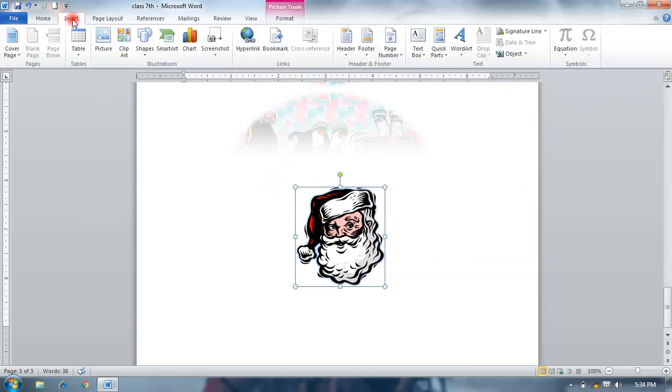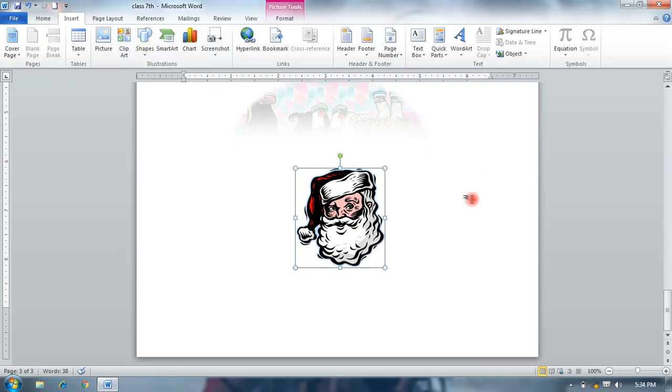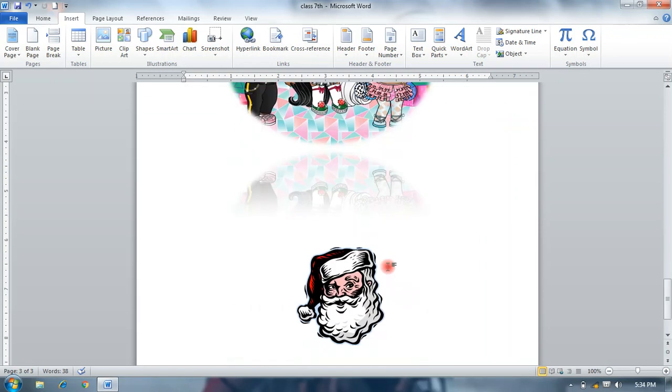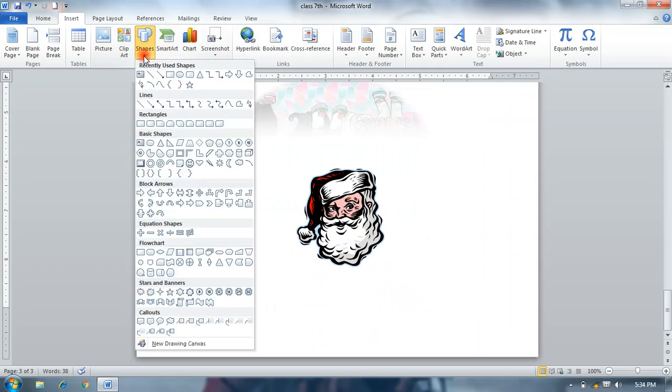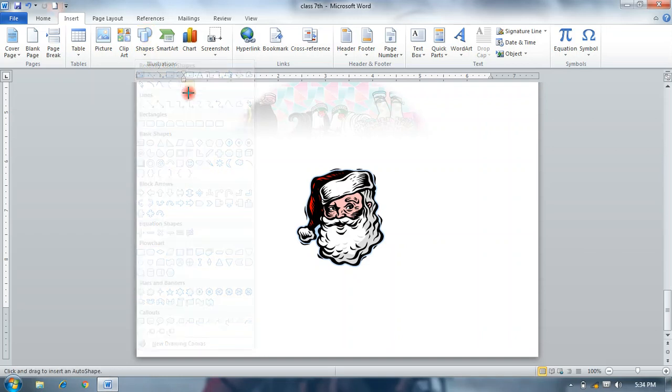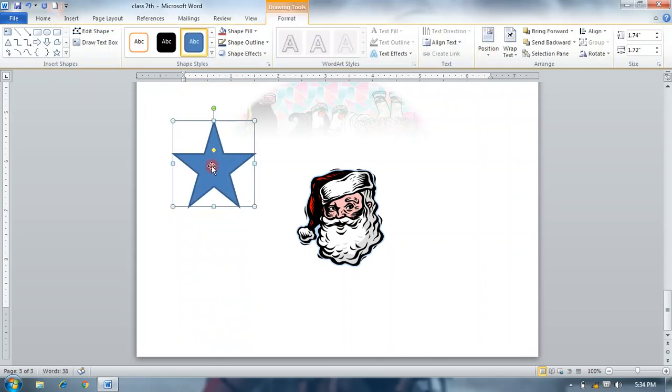Shapes: we can insert any shapes as per our requirement, like star, smiley, cloud. When a shape is selected, its formatting options open, and we can select different types of formatting.